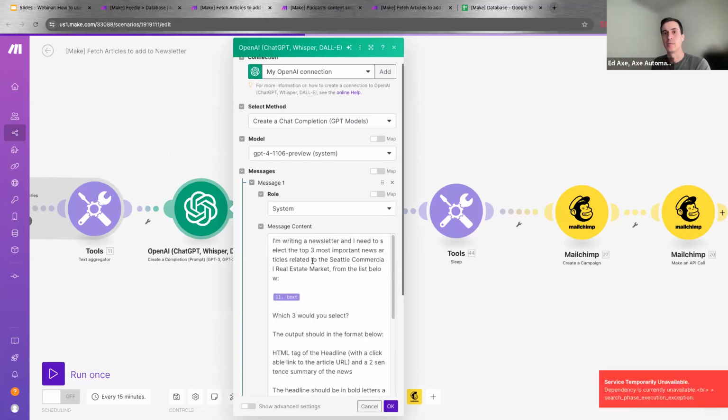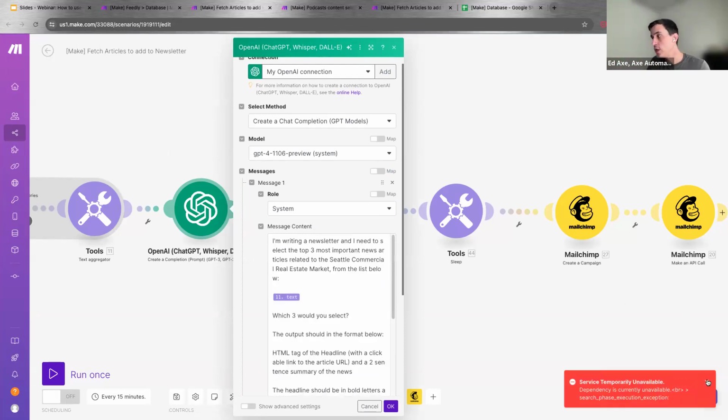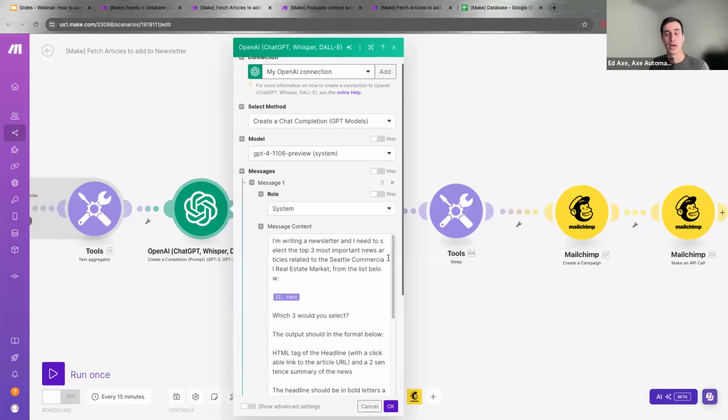First, before writing the summary, we need to select which articles we are going to include in the newsletter. Because let's say that we have 10 articles that have a rating of 3 or higher. We need to select the 3 most important ones.